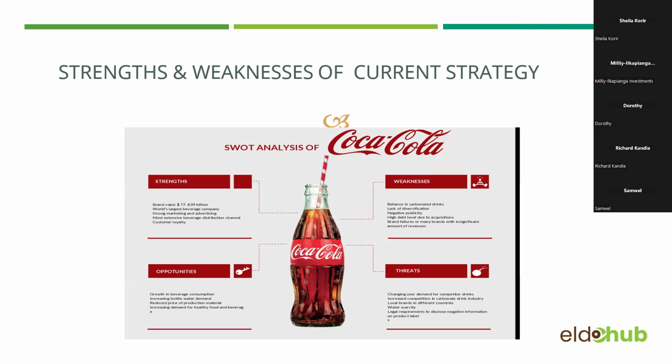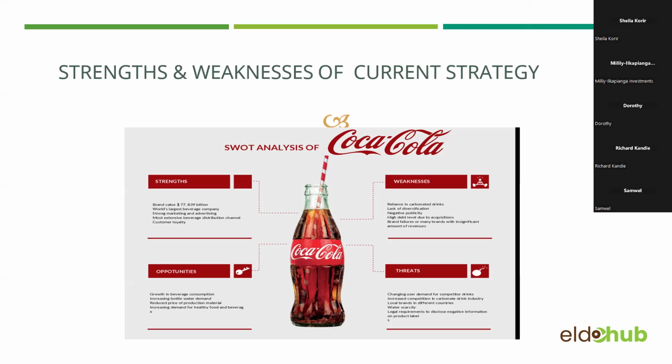Unapata Coca-Cola has a no sugar version. They are selling other drinks, like other sodas. I don't remember the names of those sodas, but they have Minute Maid. I think Minute Maid is from Coca-Cola. So that's an opportunity. And then the threats: as the young people are moving away from carbonated drinks, unapata there are others, they are going to other alternatives. Other alternatives are like other people coming up with drinks, saying this is healthy for you.